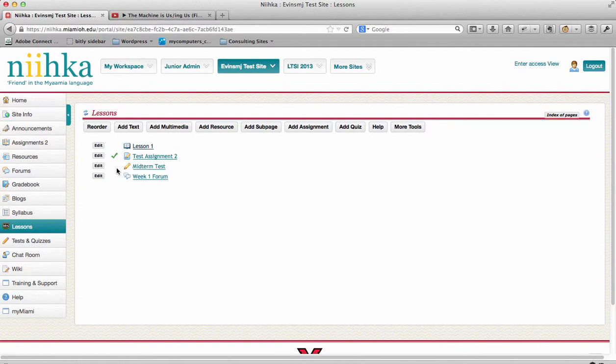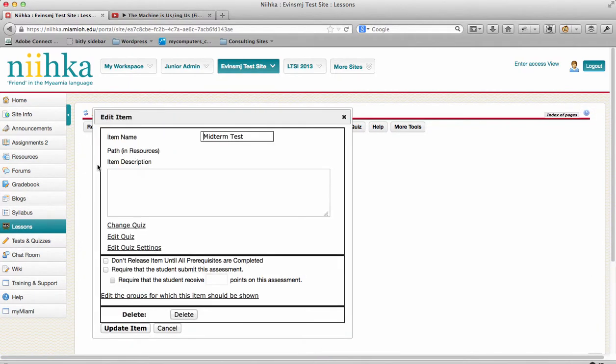Next, we need to edit the midterm test and tell Niihka that this is not to be available until the prerequisite items have been completed. To do that, we're going to click on the edit button next to the midterm test and choose the first checkbox that says don't release this item until all prerequisites are completed. Once you update that,